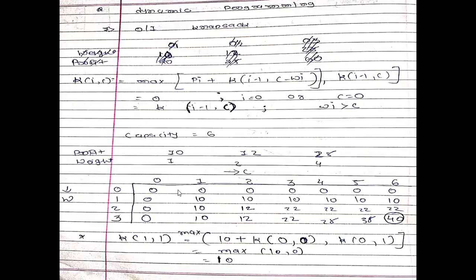Again, let me clear the values that you are putting here. The values that you are putting into this table are your profit values. Okay. So if capacity is 0, that means you have not selected any item, so you have to put all 0 here. If I equals 0, that means you have not selected any item yet. So here you have to put all 0 because profit will ultimately be 0.